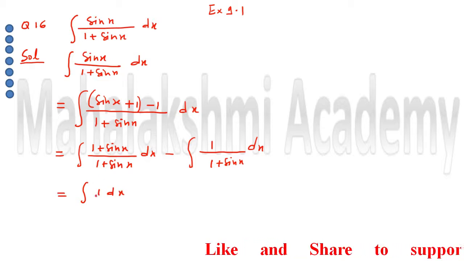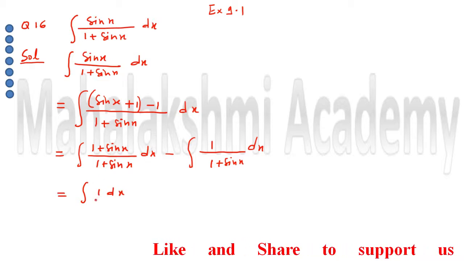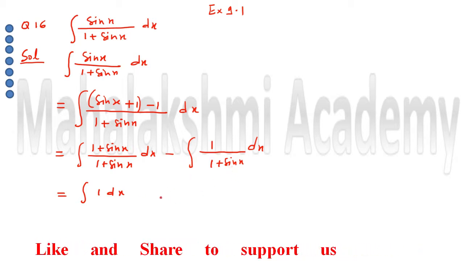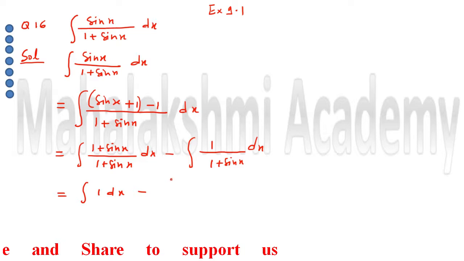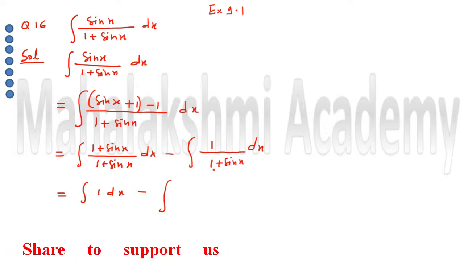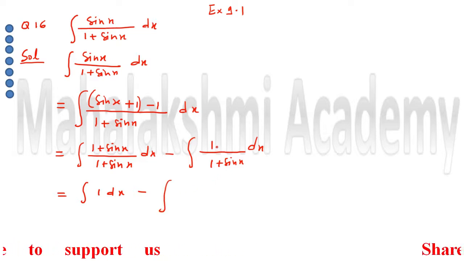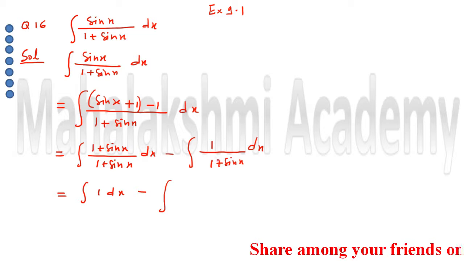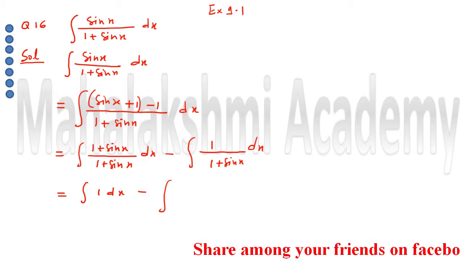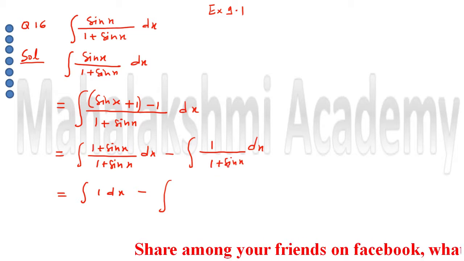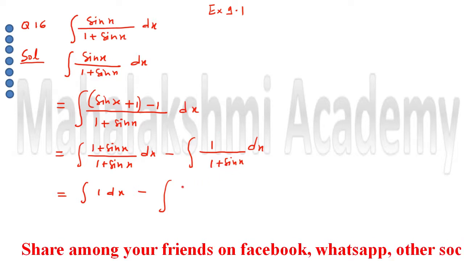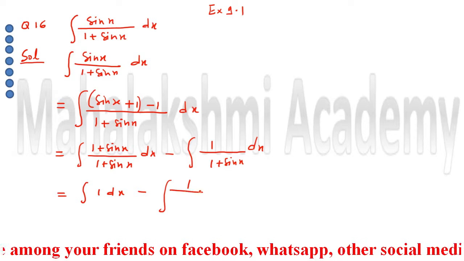This first term is already converted into our standard result, but here you have to do the rationalization of the denominator. As long as it is in the fraction format, we can't integrate, because we don't have any option to integrate fractions. So this fraction we have to change. To bring it into the numerator, we have to rationalize the denominator. So I am going to rationalize the denominator.